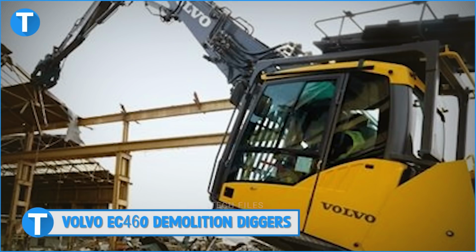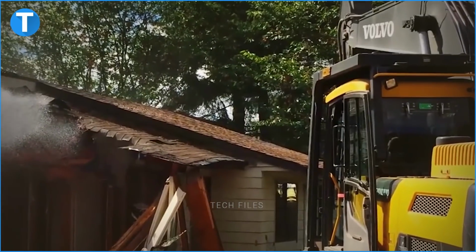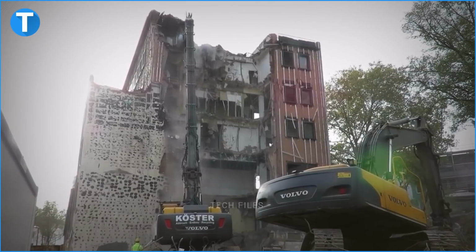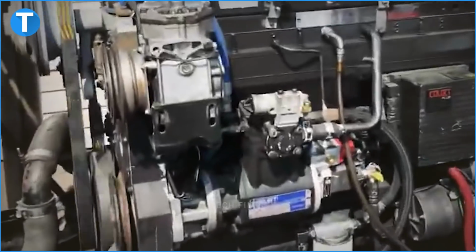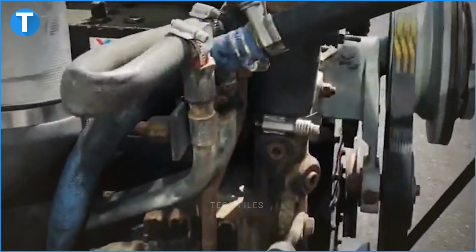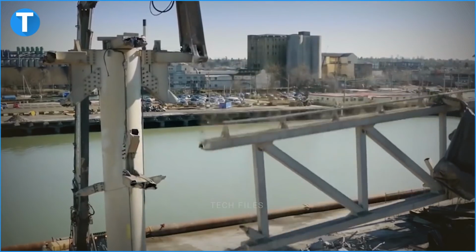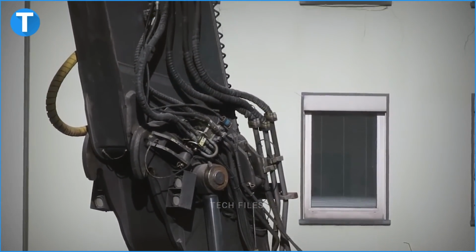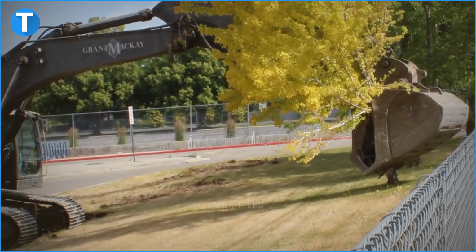Number 12. Volvo EC460 Demolition Diggers. This monster digger runs with a Cummins M11C engine, having a gross power output of 321 horsepower and a maximum torque of 1177 Nm at 1500 RPM. The turbocharged water-cooled 6-cylinder diesel engine has a bore of 125 mm, a stroke of 147 mm, and a displacement of 10.8 litres. Its well-protected electrical system features twin 200 Ah 12-volt batteries, a 50-amp 24-volt alternator, and an operating